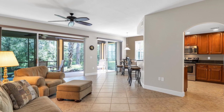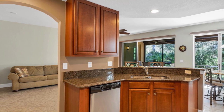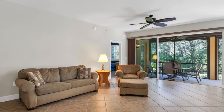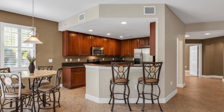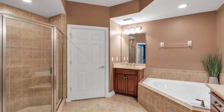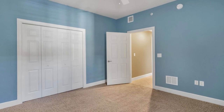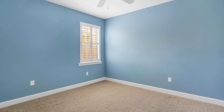The open floor plan seamlessly intertwines the living room and kitchen, creating an idyllic setting for entertaining or simply unwinding with family and friends. The kitchen features a convenient breakfast bar, while the master bedroom boasts an ensuite bath for added comfort and privacy. A second bedroom, strategically placed near the second bath, provides the perfect space for guests or